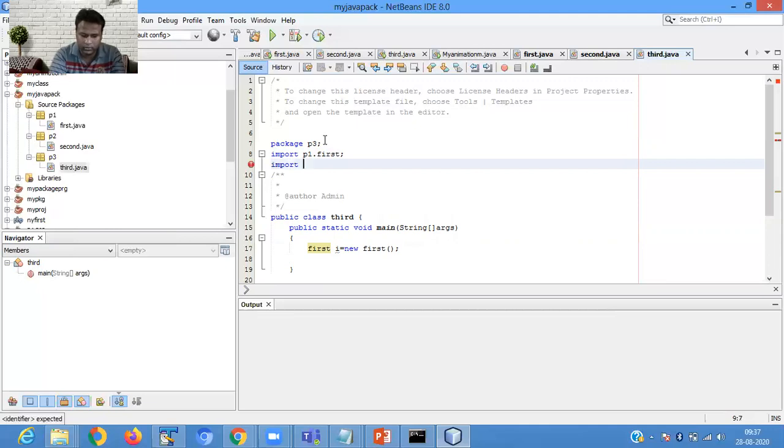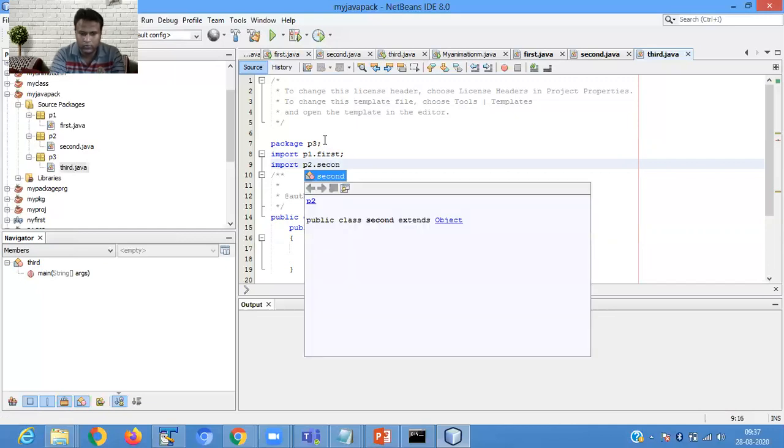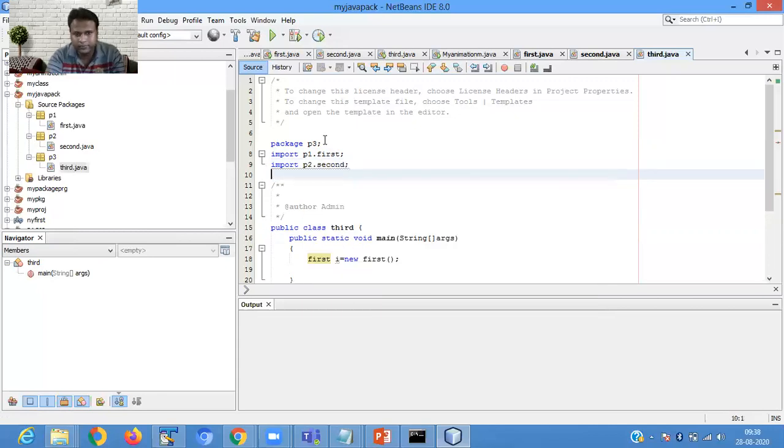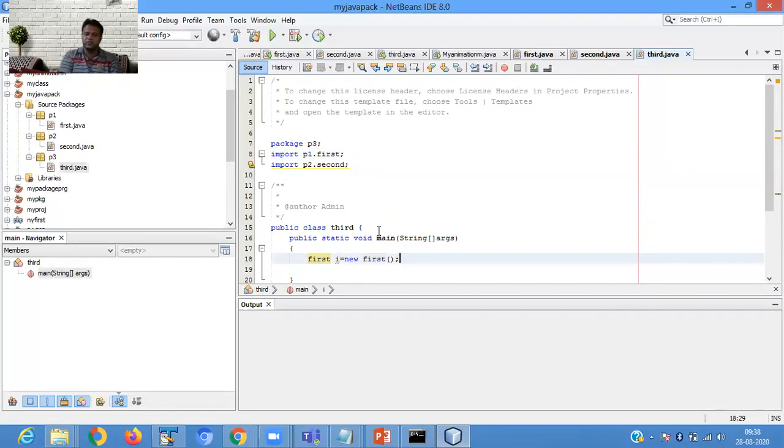Import p2.second. So for calling classes that are present in another package, we have to use the import statement. Import p1.first, import p2.second.